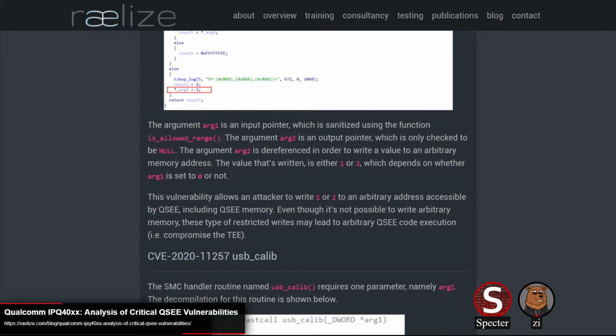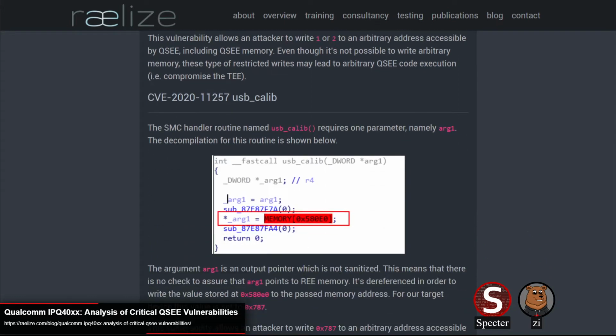But yeah, I'll pitch you an idea of how you could abuse this very restricted write. You can write 1 or 2. All you have to do is find an object that has a reference count in it. Then you find a reference count that has a higher value, you smash it to a lower value, and you trigger another bug. You trigger a use after free.